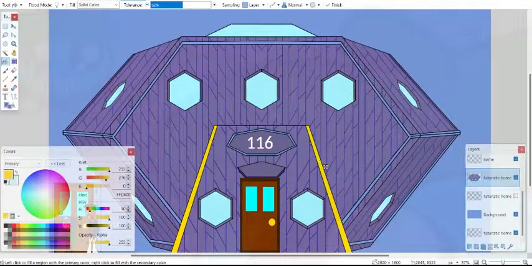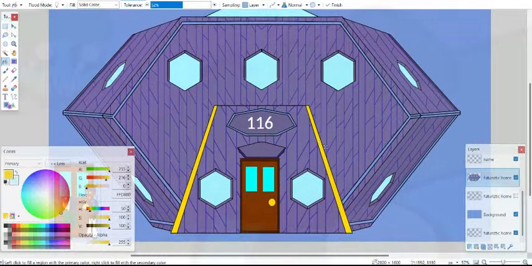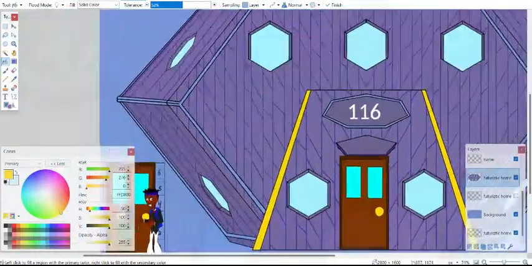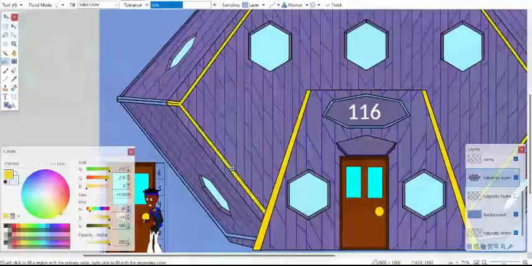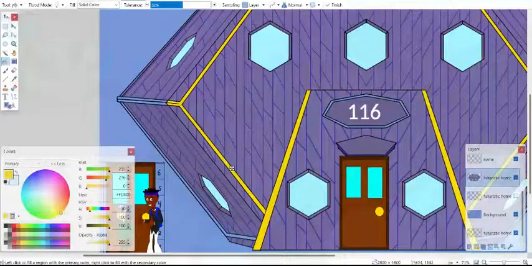Alright, so what these neon signs are for in the future is these lights are basically to tell who's in the home and whatnot. So for example, if someone's in danger, these lights will just start flashing red. If someone